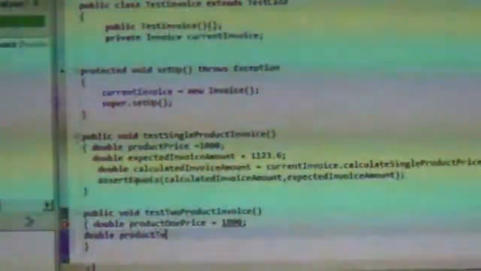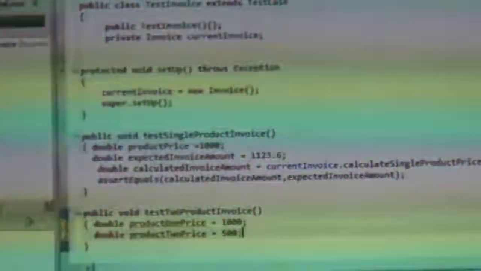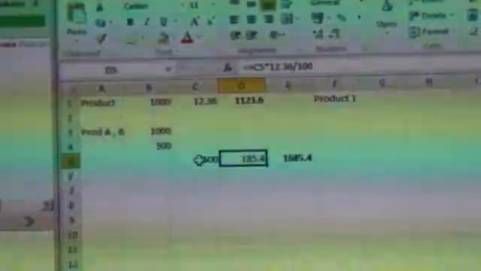Then I need to have product 2 price which is 500, and the expected value is what? 1685.4. So I applied the service tax 12.36% on the total, and then I summed these two together and it comes to 1685. Make sense?